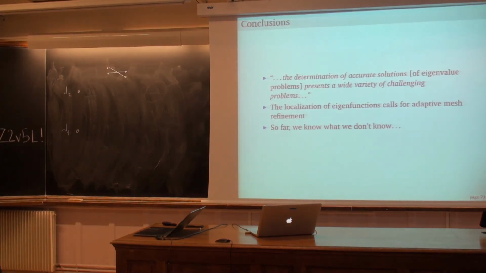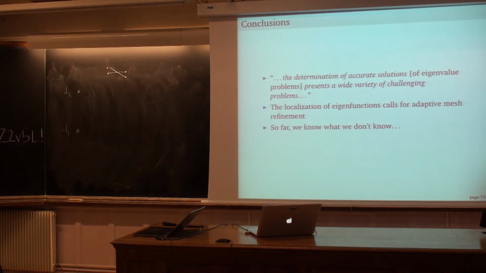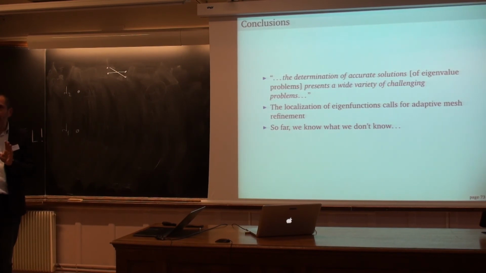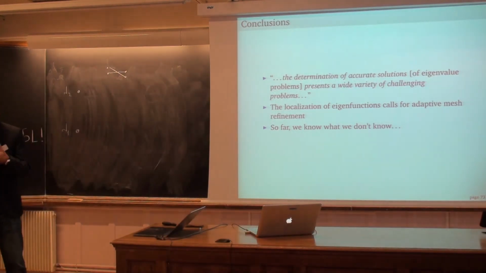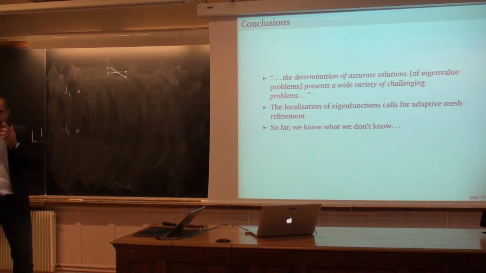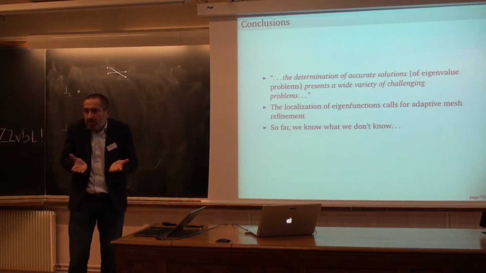If the question is only how expensive it is to compute the landscape versus eigenvalues, I think the answer is clear. The good question would be how expensive it is to compute the landscape up to a reliable result, compared to eigenvalues up to a reliable result, because the landscape is also affected by this phenomenon. You need refinement somewhere to get a good landscape. Yes. I would say that the landscape is cheaper, clearly,